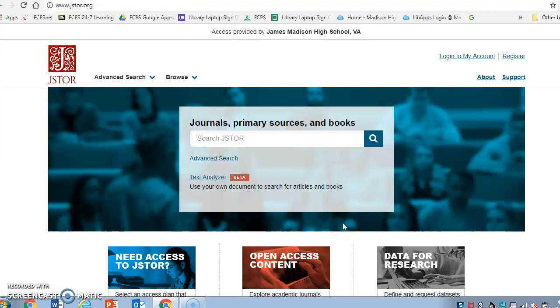So I'm going to show you how to do a search in JSTOR. It's a little bit different than some of the other databases we've learned about, but it's a great place to go for scholarly research. The first thing I would suggest is to go ahead and go to an advanced search screen